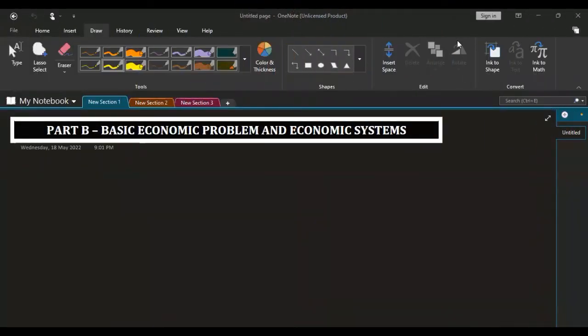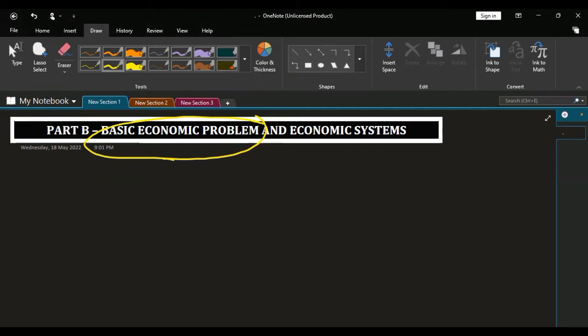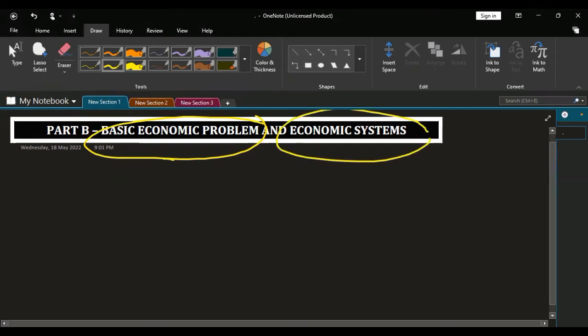I am Jawad Ahmad, and today we are present in our next class in which we are going to study what are the basic economic problems that we have to face in our daily life and what a businessman feels regarding these problems. Secondly, we are going to study what are the economic systems that are established and available in